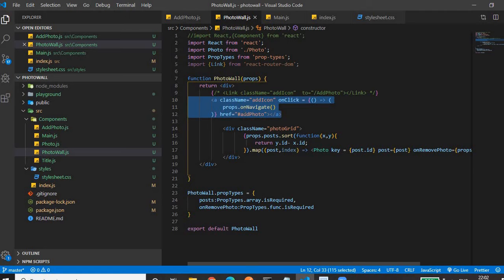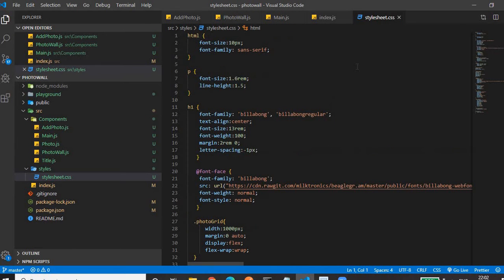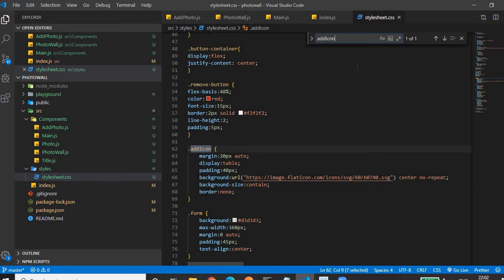To this anchor tag, I have added a class name, add icon. Let me search this add icon. In add icon, I am adding a background image. This is the URL of the image. That's why we are getting a plus symbol, along with some CSS for a better look and feel of the button.